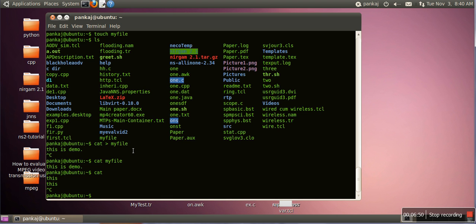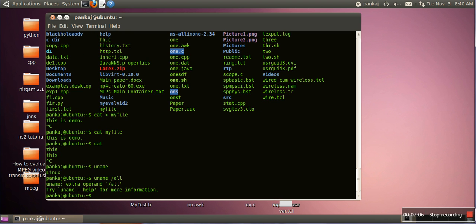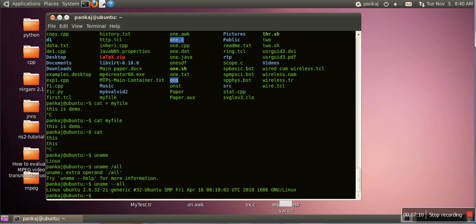Now if we want to see the version of our operating system, what operating system we are using, there is a command uname. This uname is showing we are using Linux. In case you want all information, we will specify uname hyphen all, it will show all the information.